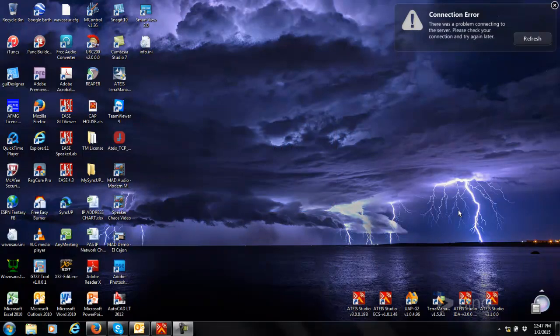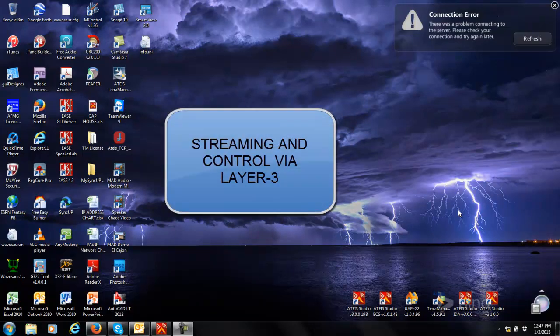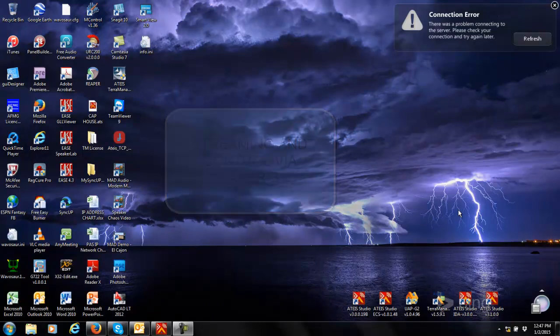Remember that all Terracom products, from the Terra Manager to all of our encoders, decoders, Control-IO, DoorStation products, they all communicate via TCP/IP over layer 3 using SIP and multicast network protocol, which means they are able to transmit to each other and monitor Control-IOs from each other over or through firewalls, routers, over a WAN.